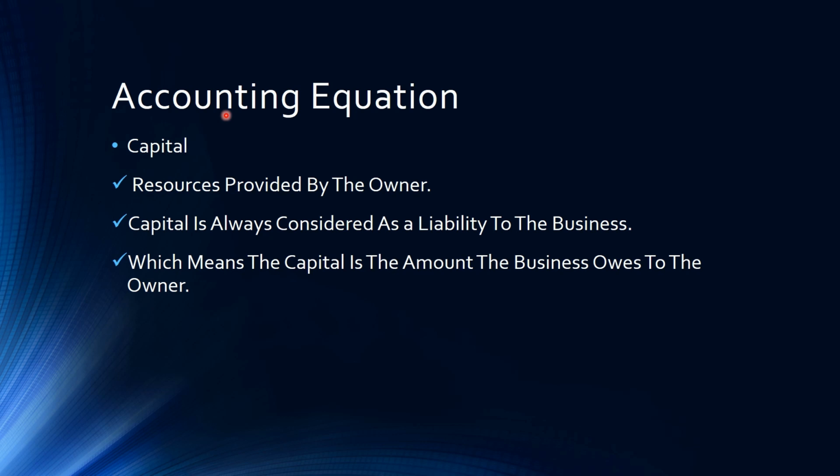It's like the investment made by the owner. And it's actually considered a liability to the business, which means that the business owes the owner money, right? So because he's invested 100,000, the business owes him 100,000,